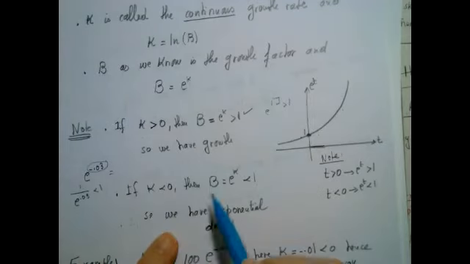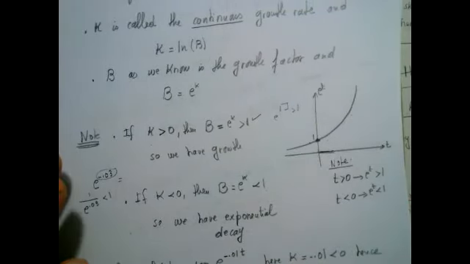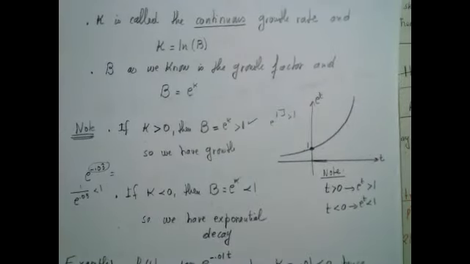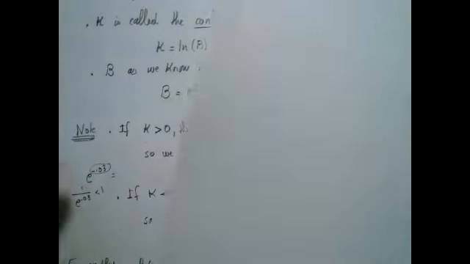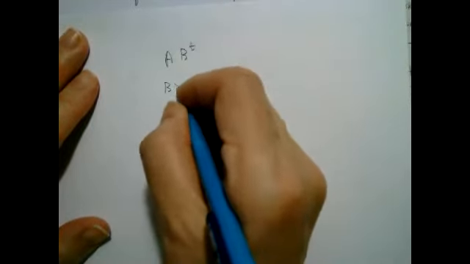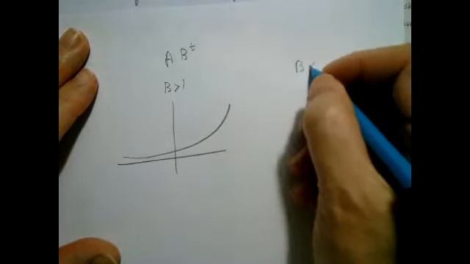So if k is negative, the b will be less than 1, and we have an exponential decay. So that's the general dichotomy here. If my function is a times b to the t, b bigger than 1 means increase, less than 1 means